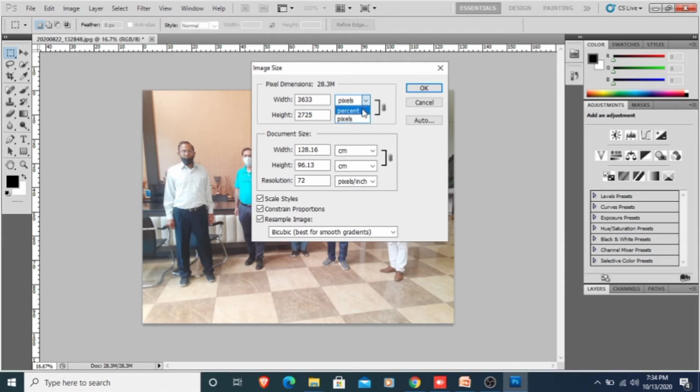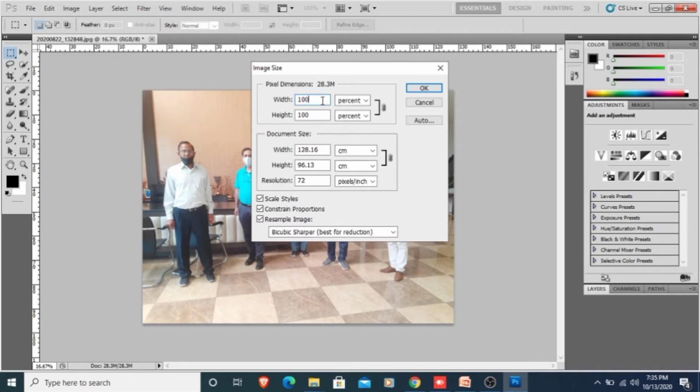Here you select percentage, and if you want to decrease the size of your image to 80%, first you have to click on Resample Image, and from here select Bicubic Sharper, best for reduction, because you are going to reduce your image.